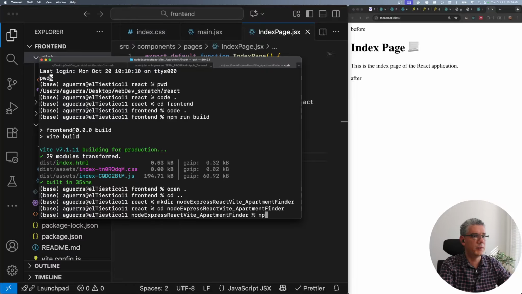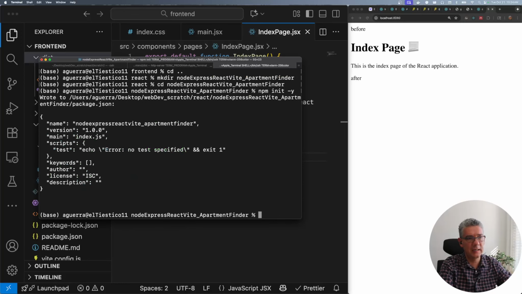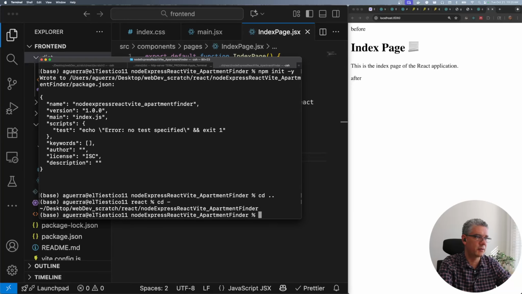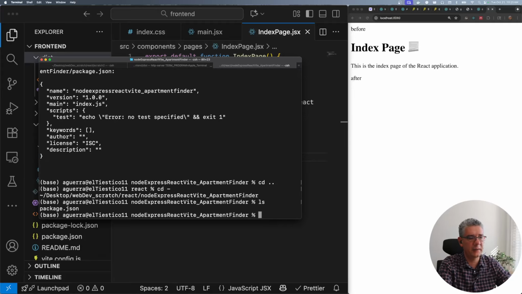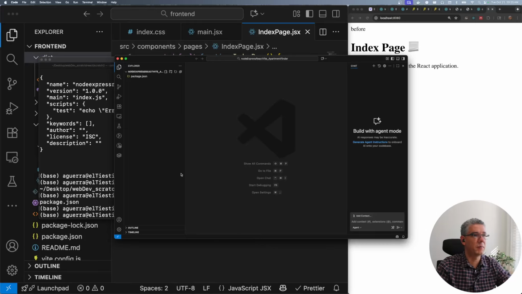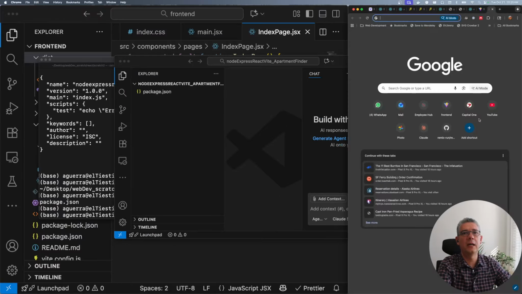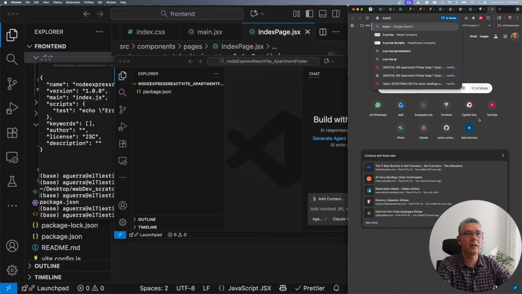And then if I go into that one, I'm going to initialize with npm init. Actually, let me try a different approach this time. Last time we did it completely from scratch. No, actually, let's do it again from scratch. So it will not have many things in there, but that should be fine. And then I'm going to start Visual Studio Code in there. And then I'm going to follow my regular Express